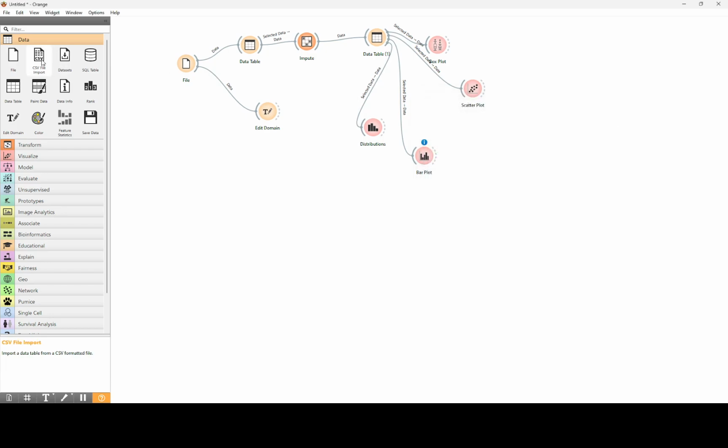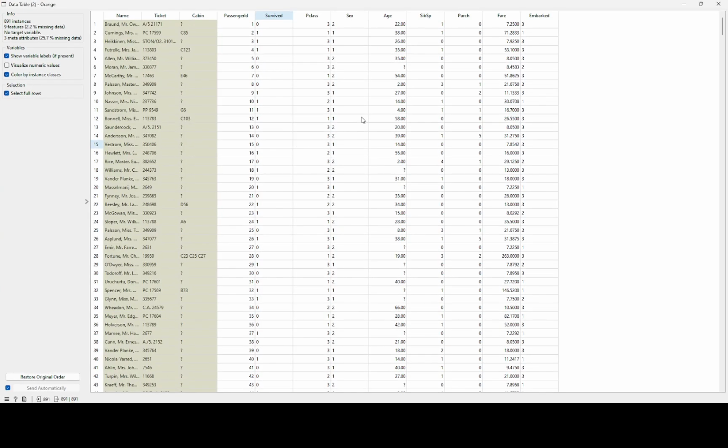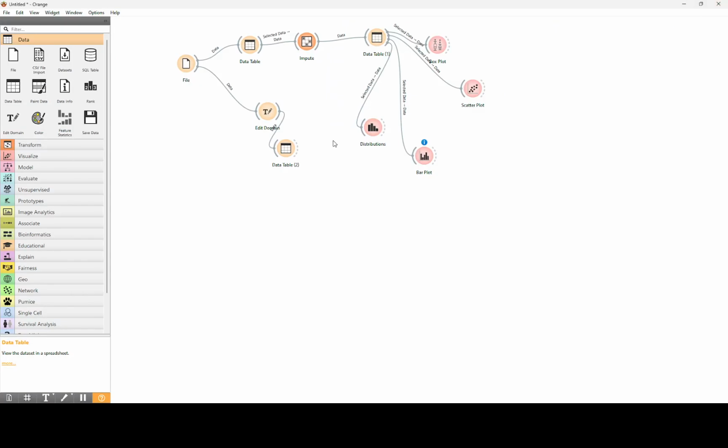So we have changed this, and then if you want to see, we can see it like this, that the values are, instead of this, yeah, embarked, right? Now we have 1, 2, or 3, and here we have 1 or 2, right? So in this way, we change the attribute values.